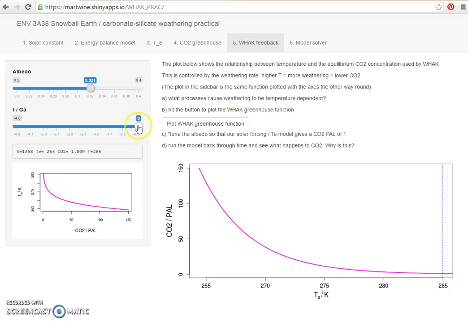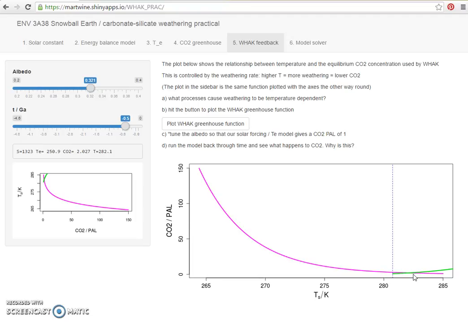So if we run this back a little bit, let's go to 500 million years ago, then we see the CO2 has increased to 2 times present atmospheric level. The solar constant has decreased, the effective temperature has decreased, and the CO2 concentration has increased, which has mediated the temperature change considerably. So instead of being about 281, it's actually about 282.1. And the reason for that is that